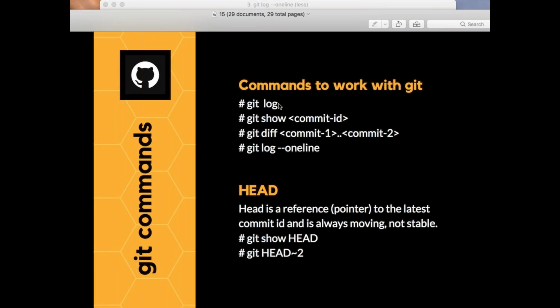Now, we have already worked with these particular commands. Git log gives you the history of what happened up to this point of time. Then we saw git show, which is like a zoom-in option. Whenever you want to zoom in on what happened at a specific time, you use git show. There is one more command, git log --oneline, and one more important command is git diff. What diff does is compare the differences between different commits. That's it.